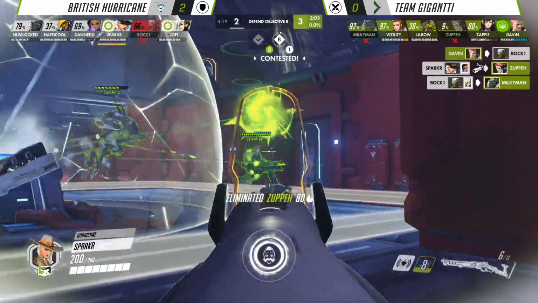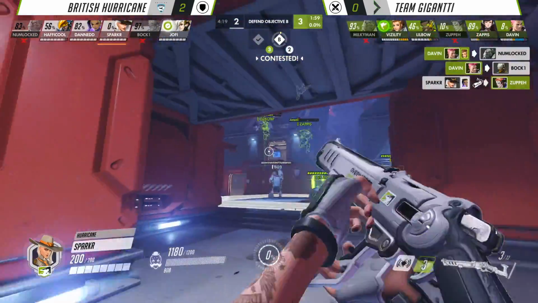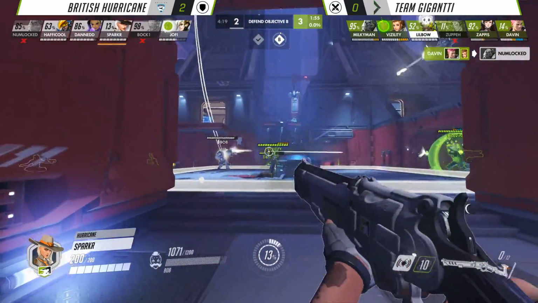Absolutely, and Zappe got hacked straight away, so he can't even get a healing orb out to help his team. Sparkle will then burn him down with the dynamite, sends Bob onto the point. This is going to be shutting it down, but Davin is trying to bring it back, putting the team on his back as he takes out Numlocked